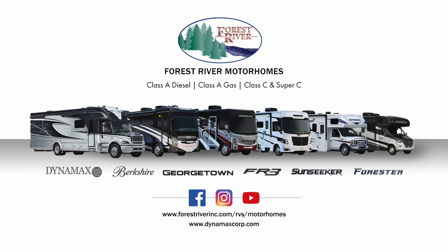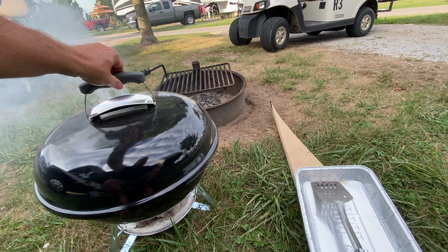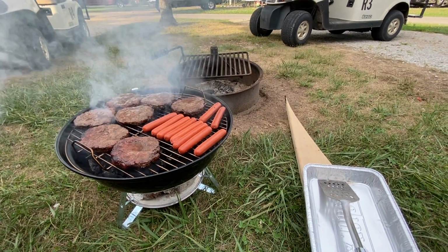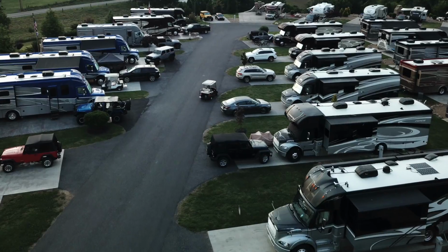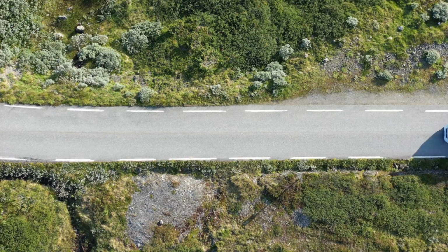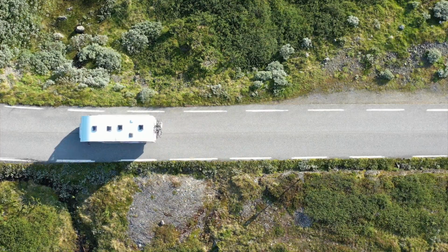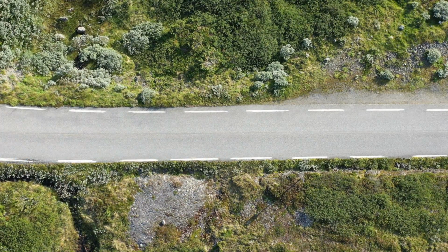Tips for better trips. One of the best parts of the camping experience is enjoying the campground with family, friends, and fellow campers. In this video, Forest River offers some tips to make your next camping experience as enjoyable and carefree as possible